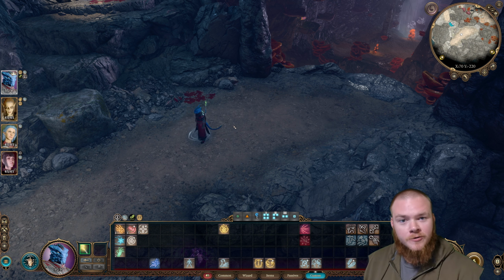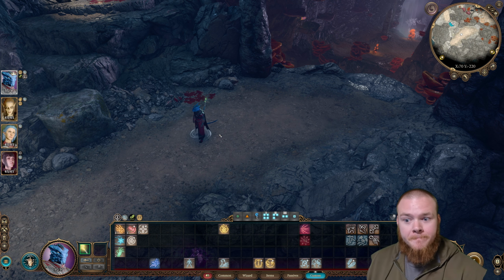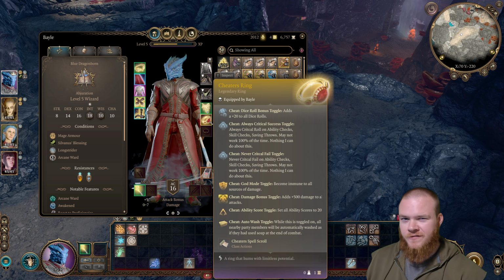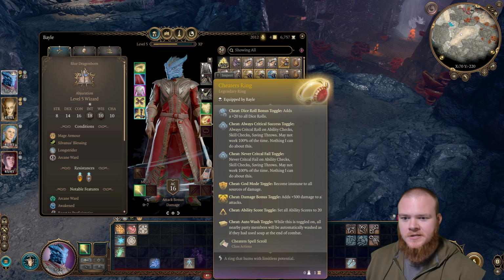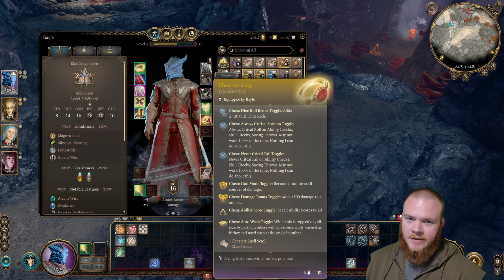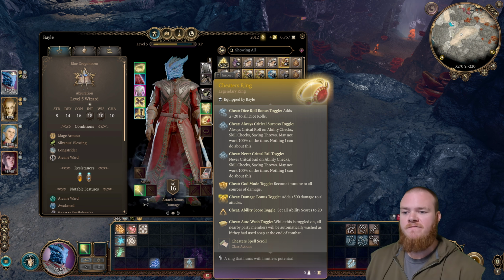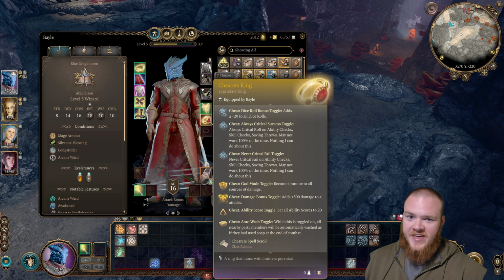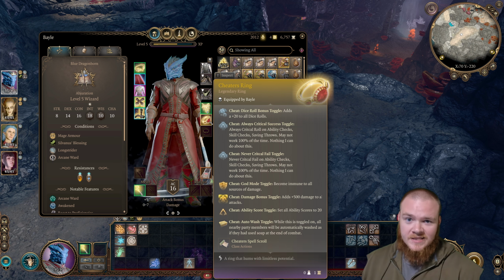I'm Colo, and today I want to show you one of my favorite mods on the Baldur's Gate 3 in-game mod manager. The Cheater's Ring mod is the one we're going to be talking about today, and as you can imagine, it's probably not the best idea to use this on your first playthrough because it is straight up cheating. But if, like me, you have hundreds or even thousands of hours already in this game and you don't